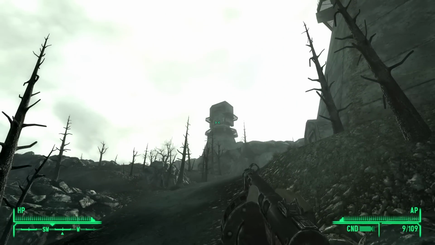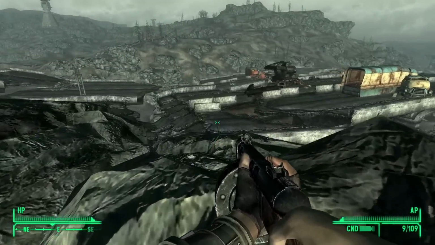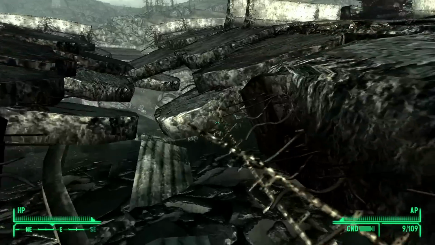You literally can't get inside it. There is no door, no anything. There is nothing there. It is just for show. Yes, from here, we can get onto the highway nice and easy, and there is something rather nice